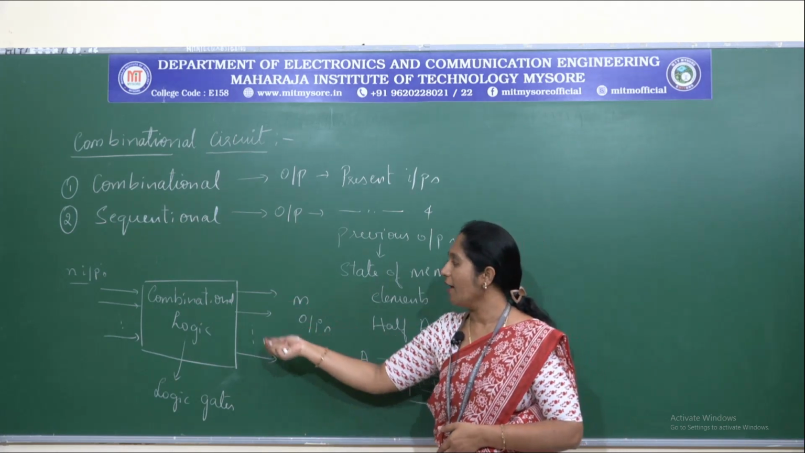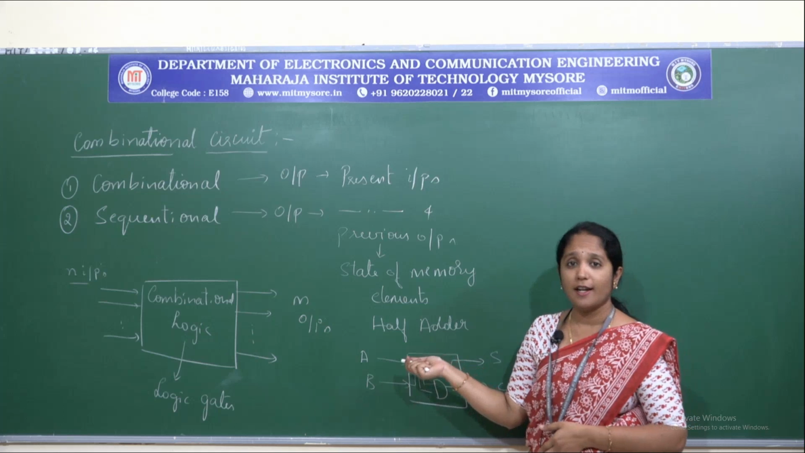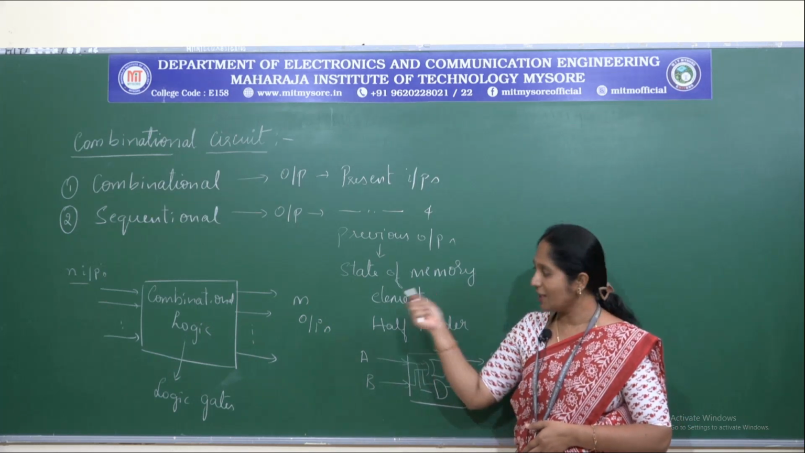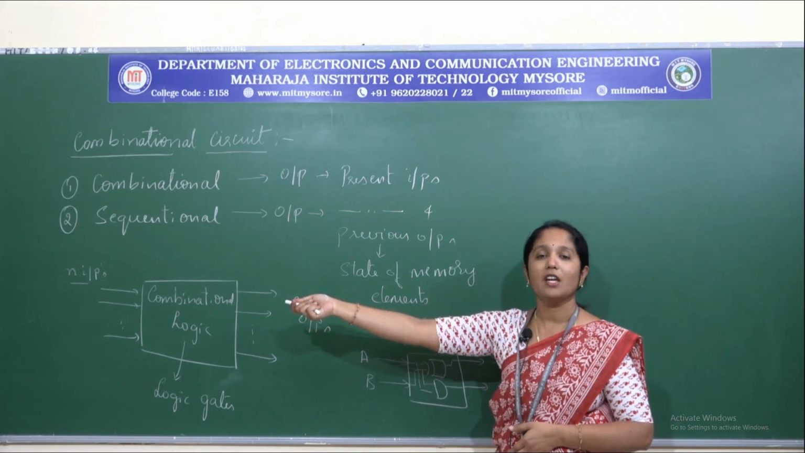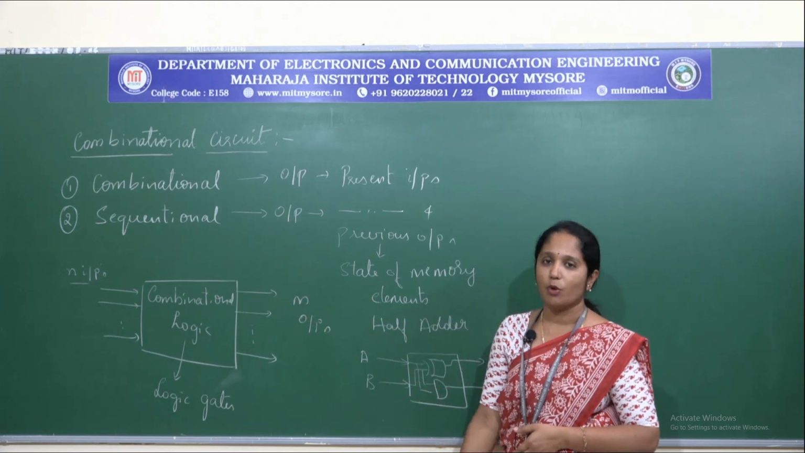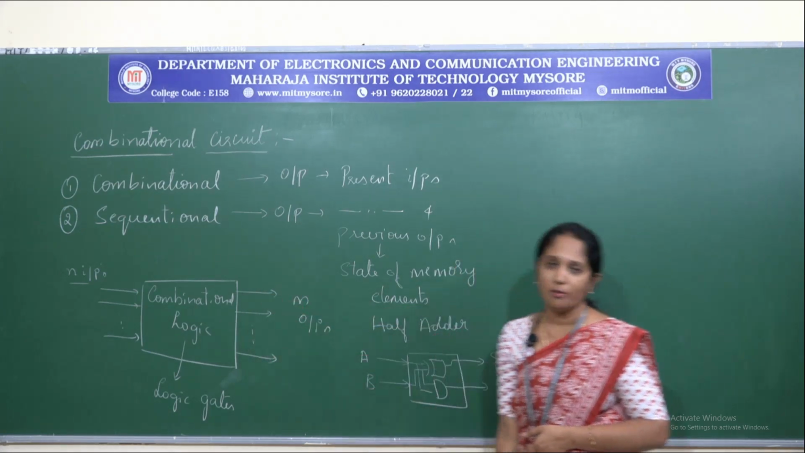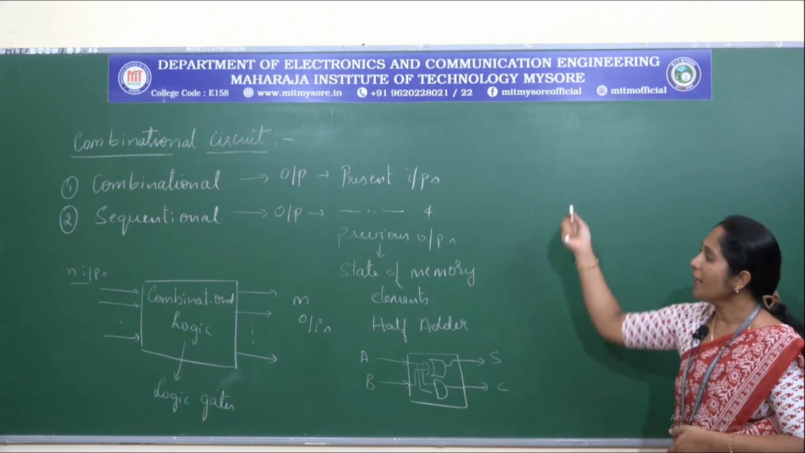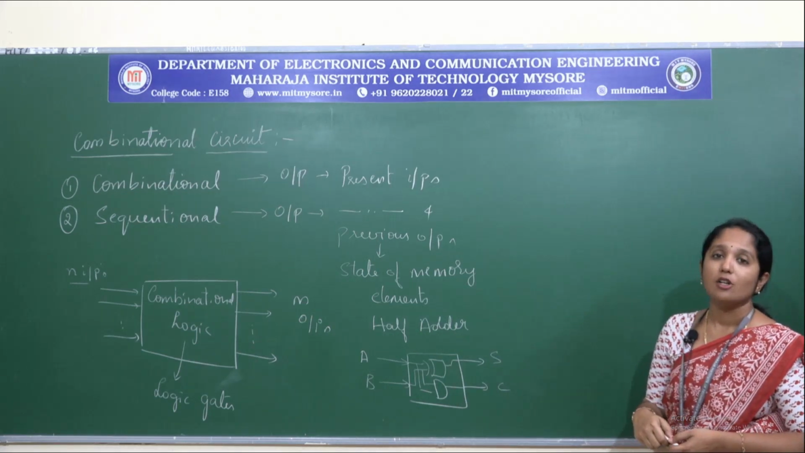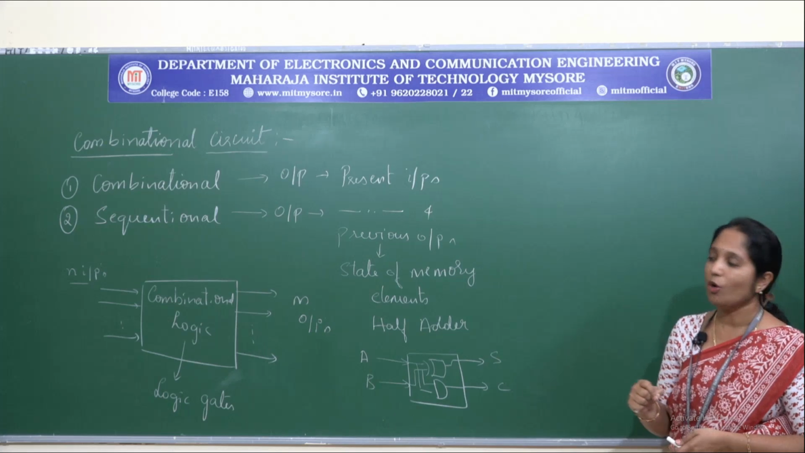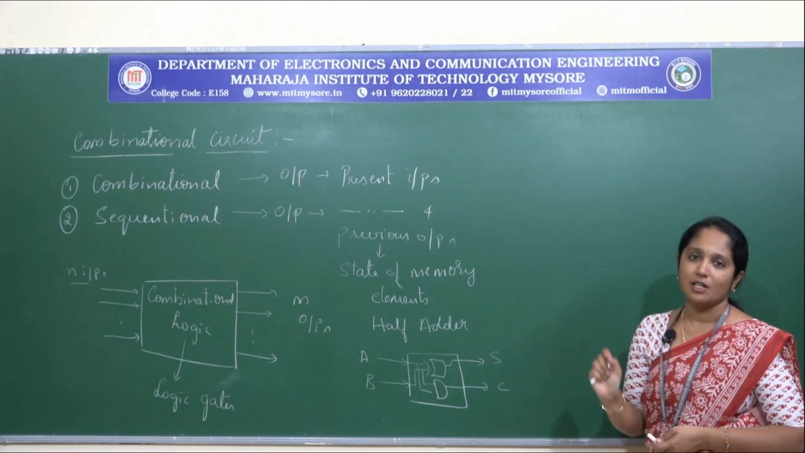So sometimes we may have an expression which does not contain any of the complements. If it contains the complement, then we will be having 2 wires for each of the inputs. Okay, so this is about combinational logic. Now let us understand what is the design procedure we follow in order to obtain any combinational logic